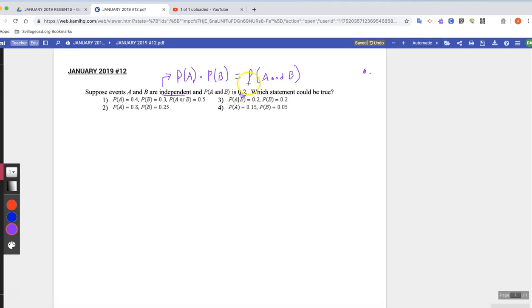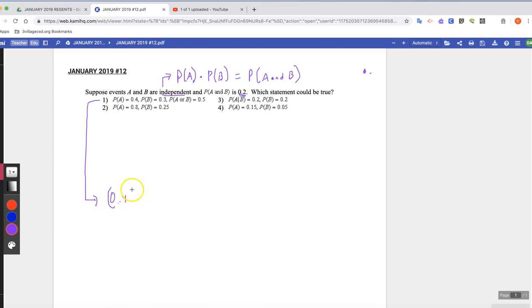So again, since we know what the probability of A and B is, it's 0.2, we can go through most of these choices and just multiply the probability of individual events A and B together to see do we get 0.2. So for example, if we try this with choice 1, do this down here, the probability of A is 0.4,